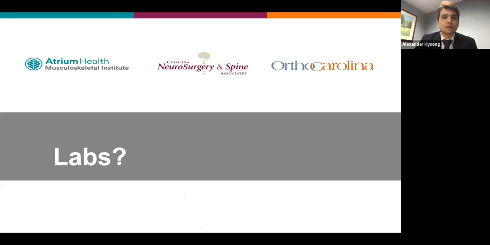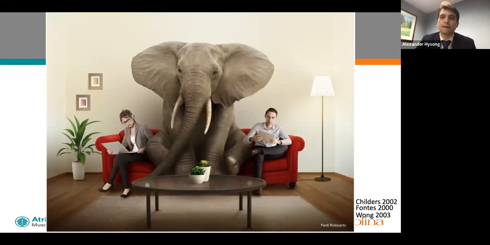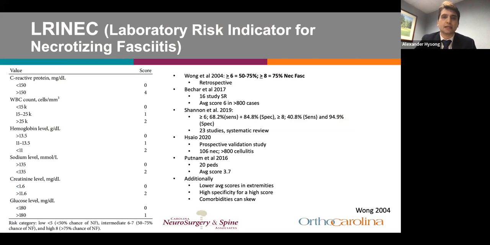So what about labs? Well, labs should be used as adjuncts to intuition. These are common labs that we'll see on patients when we're getting consulted to rule out an infection or evaluate necrotizing fasciitis, but they should really only be used as adjuncts to our clinical intuition. We'll address the elephant in the room, the score that almost everybody knows about, the LRINEC score, the laboratory risk indicator for necrotizing fasciitis, developed in 2004 by Wong. It was initially touted as having a very high positive predictive value and being a tool to screen patients for nec fasc. Subsequent studies, which I won't go through each of these that are listed here, have shown that while it is a specific